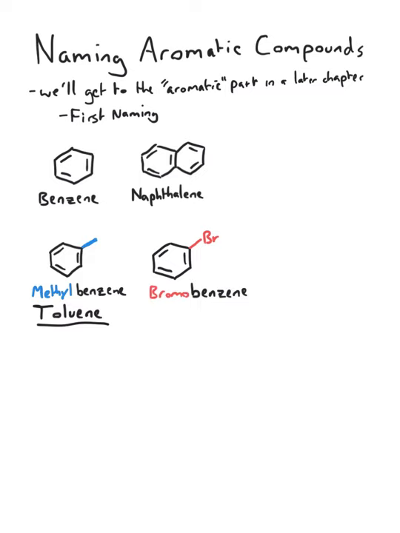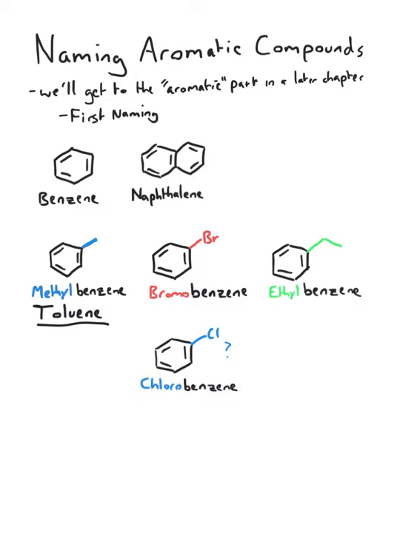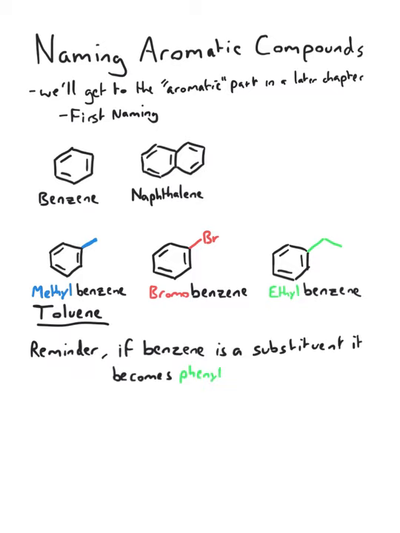Or this one here, ethylbenzene. Now you have a go. What would this compound be called? You're correct. It's chlorobenzene. Of course, if the benzene is a substituent as opposed to the root of the structure,